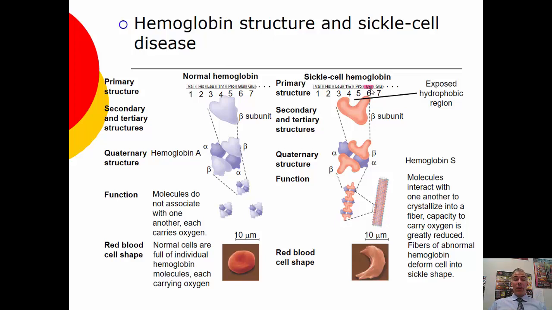The difference between glutamine and valine, and you don't know this yet, you don't have to memorize this, but valine is a very nonpolar amino acid and glutamine is a polar amino acid. So it causes the whole shape of the protein to change just because we changed from a polar to a nonpolar amino acid. And it causes this hydrophobic region to be exposed when it normally wouldn't. As a result, it causes different interactions between the individual subunits in the quaternary structure, and it forms these long chains as opposed to these separate individual proteins. And as a result, instead of normal hemoglobin and normal red blood cells, you get these sickling red blood cells in low oxygen environments, which causes pain and eventually will actually kill you.